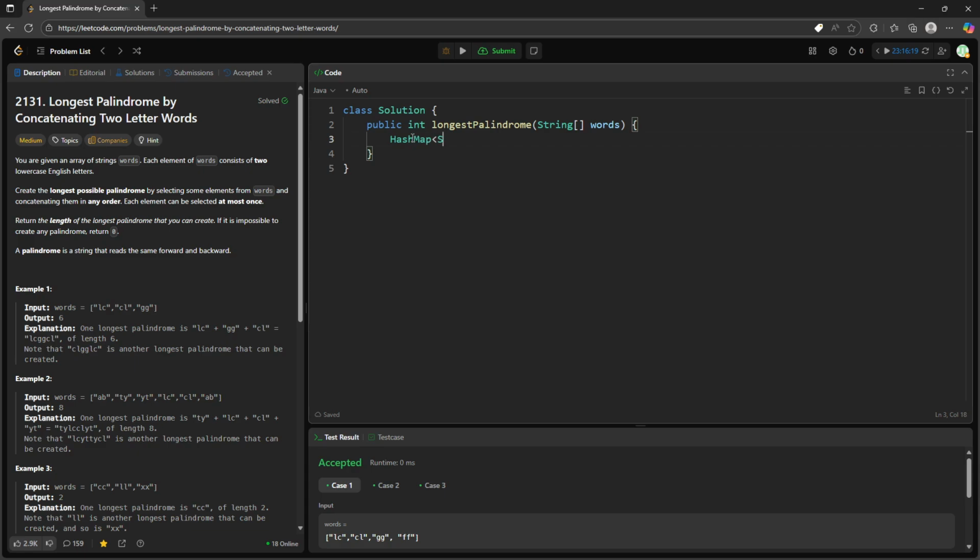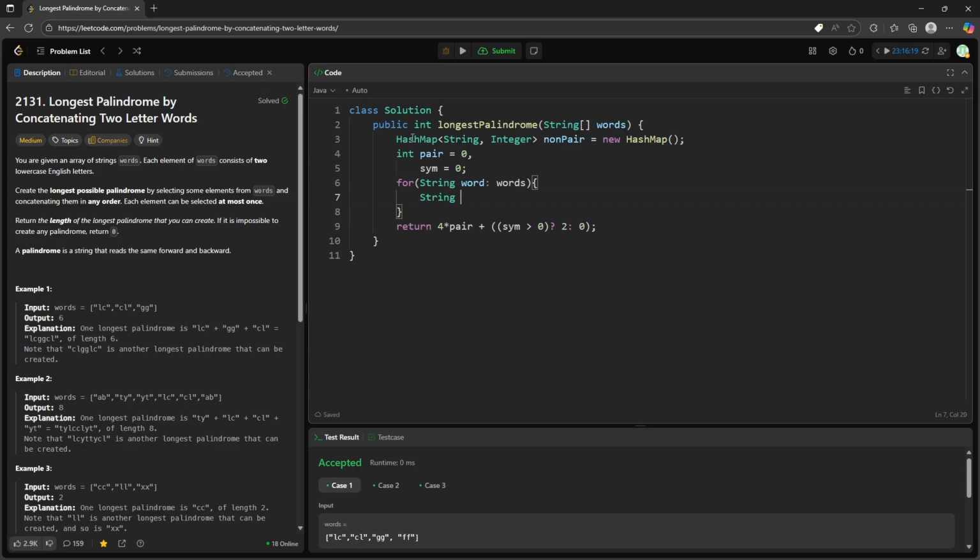So I have the string integer key value pair. It would be better to name it numPair, because I'm going to store whatever string is not a pair in the map. And then I'm going to initialize the pair count to 0, and also a symmetric count to check if this is symmetric. Later I will return 4 times pair, plus, if symmetric is greater than 0, the length should be 2, else 0. And traversing the string word,